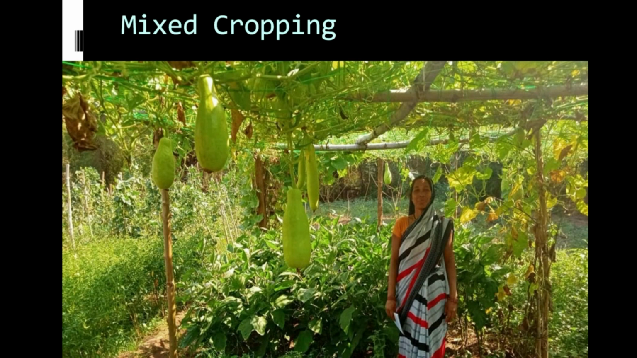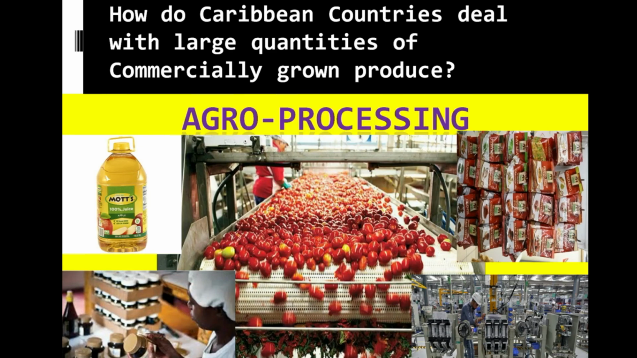So when you intercrop leguminous crops with other crops, obviously the nutrients that they tend to produce can actually be utilized by other crops that surround them. So there is at no point nutrient depletion. Now, as it relates to large quantities being produced from commercially grown produce, we must bear in mind what should be done with the excesses. And this is where the concept of